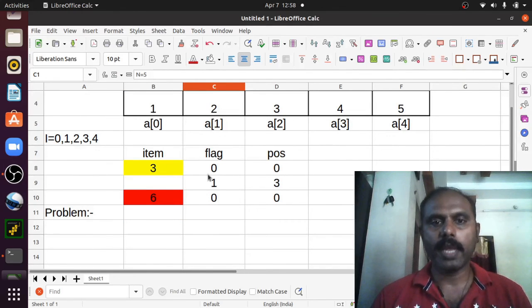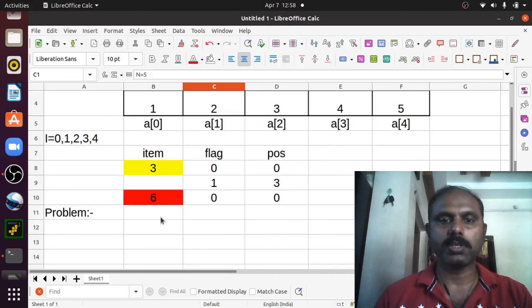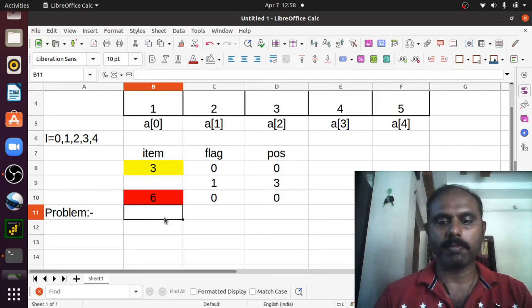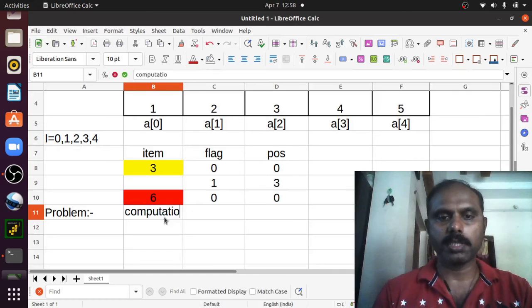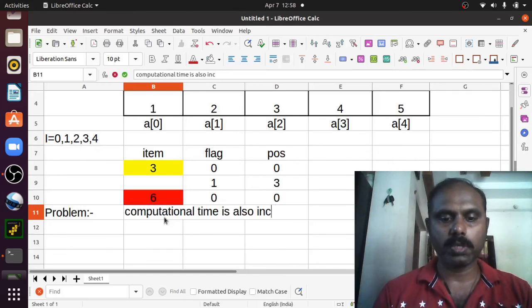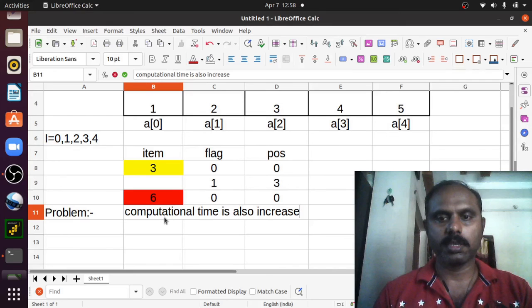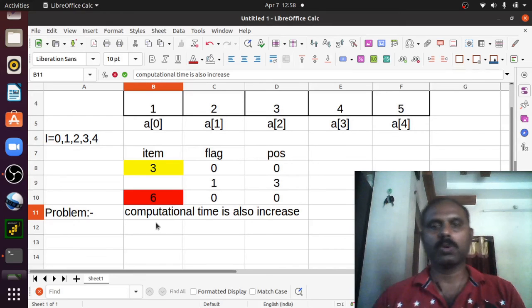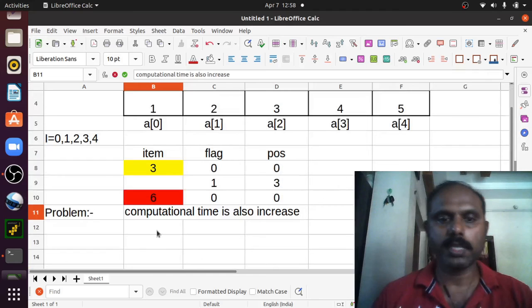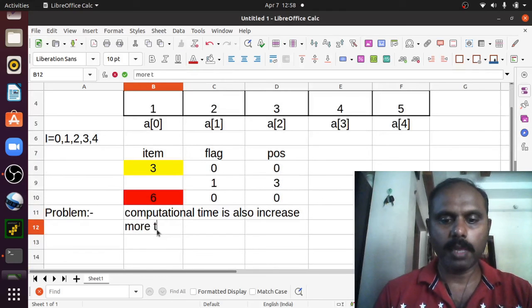And if the number of comparisons increases, your computational time also increases. So it is more time consuming.